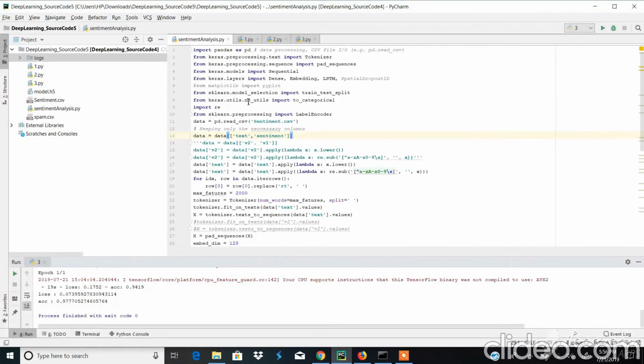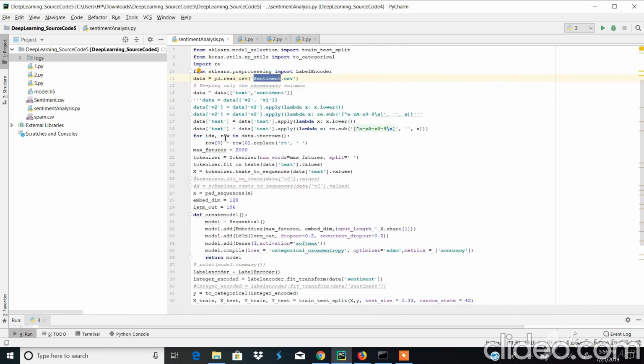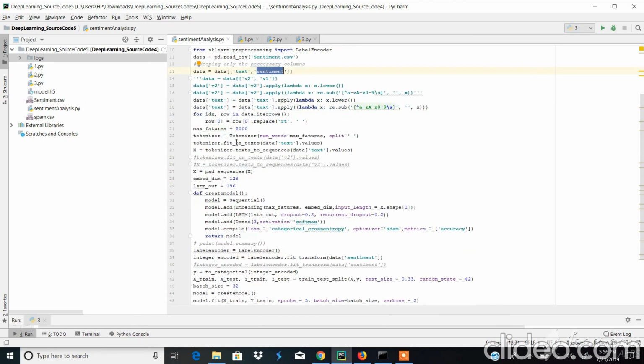Going to the code, this is the source code that is already provided, so we are importing the necessary libraries: tokenizer, pad sequences, sequential model, LSTM, embedding, and also label encoder. So we are reading the sentiment.csv, and we are taking the data as text and sentiment that we have in the sentiment.csv file, and we are applying the tokenizer and